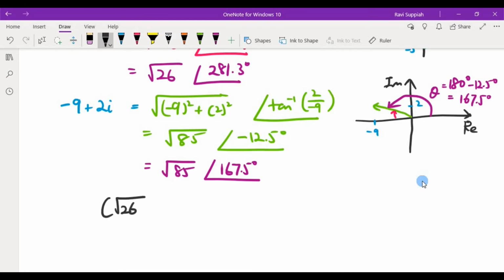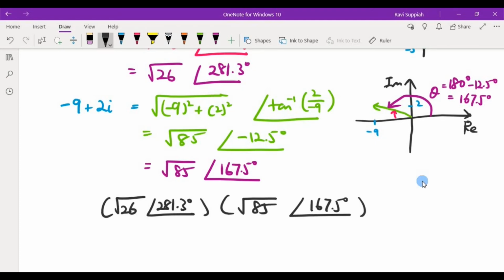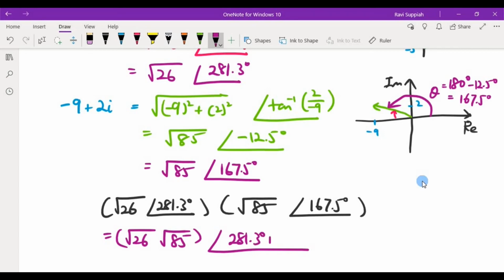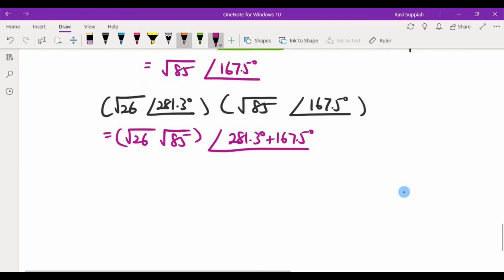So square root 26 angle 281.3 degrees and square root 85 angle 167.5 degrees, and it will be the two r's multiplied by each other, and the two angles added to each other, 281.3 degrees plus 167.5 degrees. Okay, so I will get 47 angle with